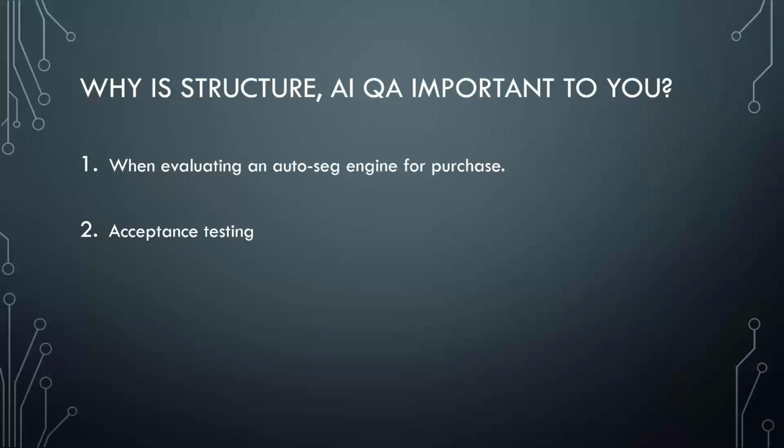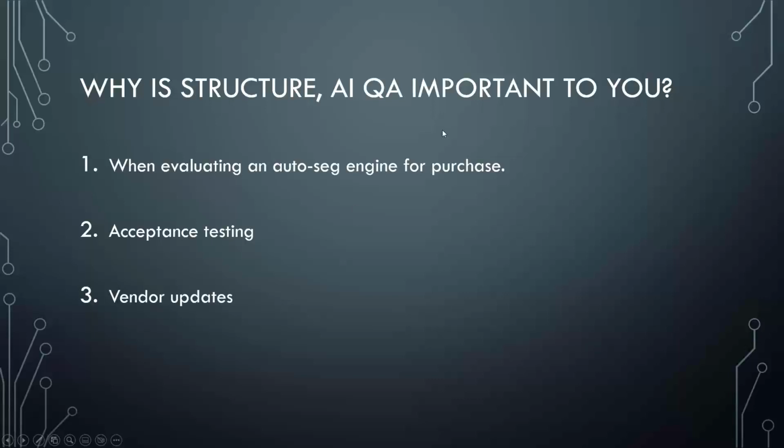oh, it seems to do really well on the left and right parotid and all this other stuff, but for some reason on the spinal cord, it kind of misses or it overshoots or something like that. Not to say that it's bad, but just know that I have to be very careful moving forward when I'm doing a specific region of interest, because this AutoSeg engine tends to either overcompensate or undercompensate.